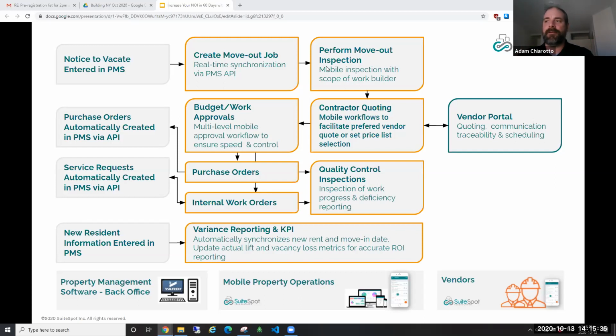For example, if the current guidelines are that residents need to give 60 days notice, we want to make sure that all pre-move out inspections and scoping tasks are done 30 days prior to move out. Well, that may be the rules right now, but maybe those aren't the best rules. Maybe we need to change that. Maybe we need to say, you know what, if we're getting 60 days notice from our residents, let's make that 45 days. Let's make sure all those inspections are done 45 days prior. So this is the first part of improving that NOI.